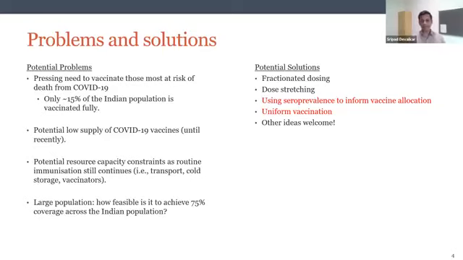And in order to make the maximum use of these limited resources and supply, there have been various different solutions that have been offered, right? So the different countries have adopted different approaches. So part of it was fractionated dosing, dose stretching, where people who had an infection were given a single dose and their second dose was delayed, the time between two doses was stretched. What I will talk about in today's presentation is using seroprevalence to inform vaccine allocation. Or should we not give any consideration to seroprevalence, and should we just uniformly vaccinate all adults and see what